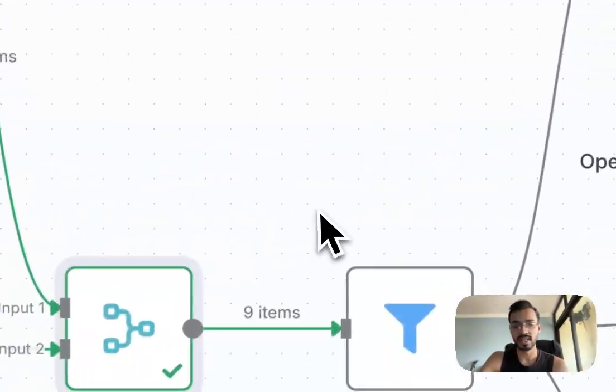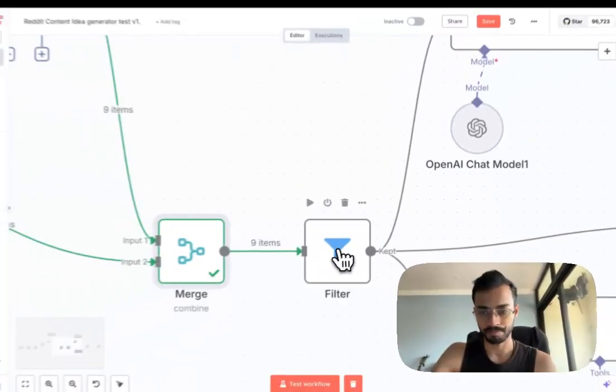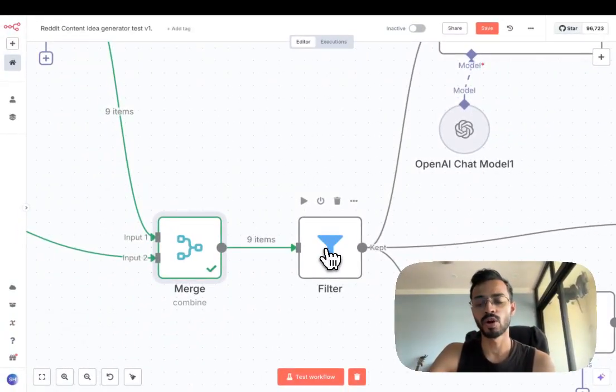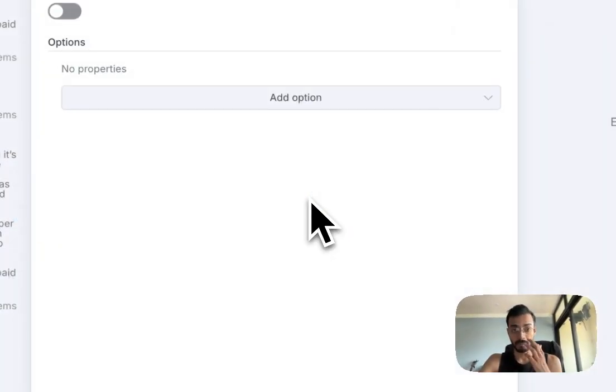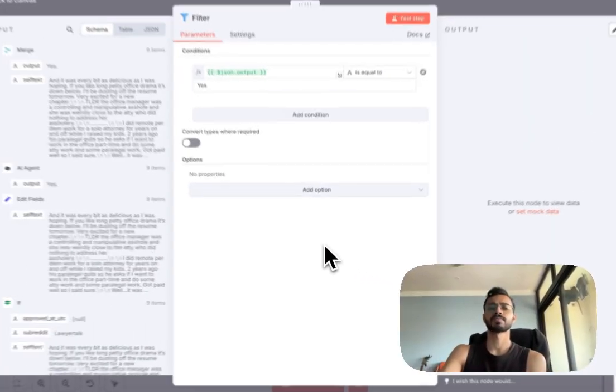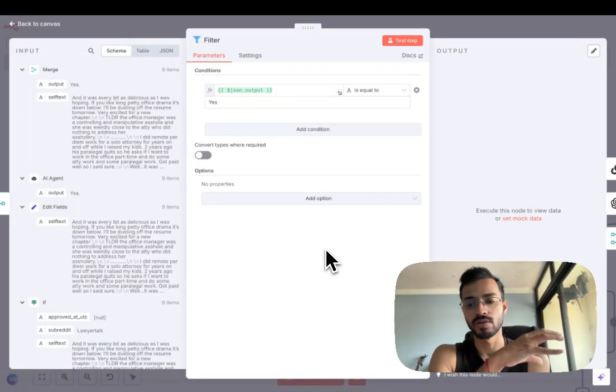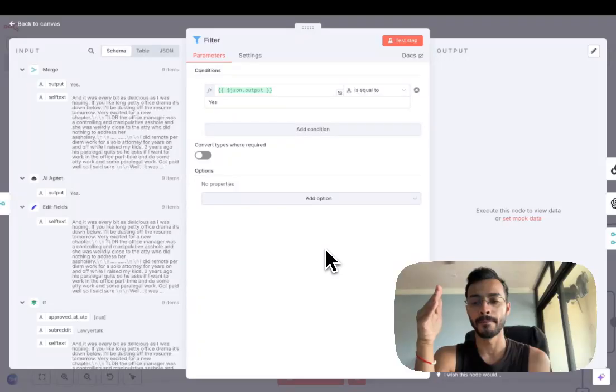And then we're going to send this data and filter it, because we want to make sure that the output of the previous step is equal to yes. You want to make sure that all the no replies are filtered out and only the yes ones remain. So for that we need a filter.